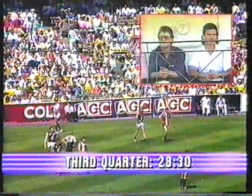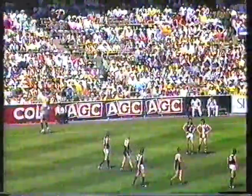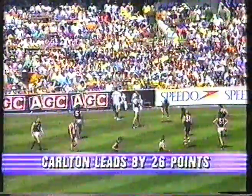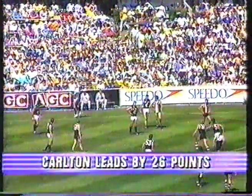Carlton Brains Trust making sure that they don't get any closer. 26 points the difference in favour of the Blues. It was 22 points to the Blues at the start of the quarter, and they just marginally crept away from the Saints. The Blues with 5 goals to the term, and the Saints with 4, and a few misses as well. And that bit of bad luck there from Peter Budge, who hit the back of the goalpost,